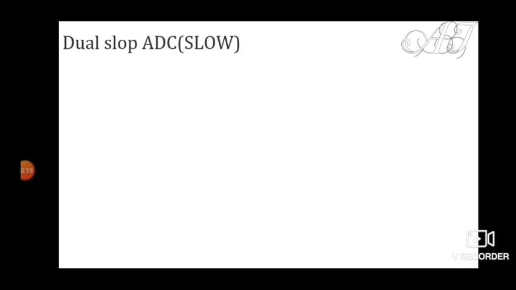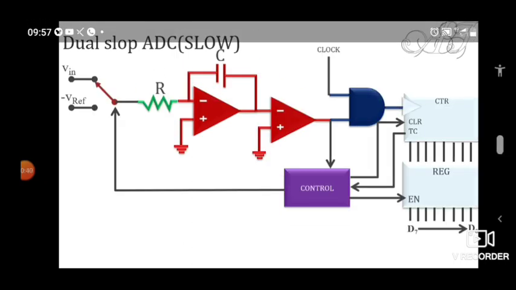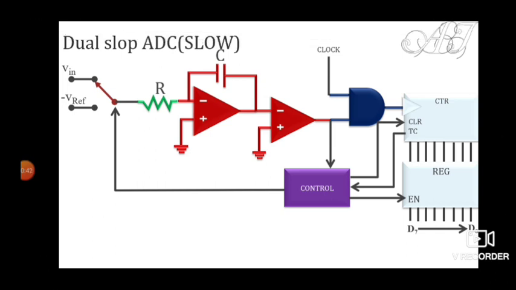As I have already written, it is slow, and it is a little complicated to understand also, and it has various steps. That is why it is a little slow, but the accuracy is okay. In this case, accuracy is good. So let's begin. This is the circuit diagram of this dual slope analog to digital converter. Let's first go through each component and understand the purpose of those components,